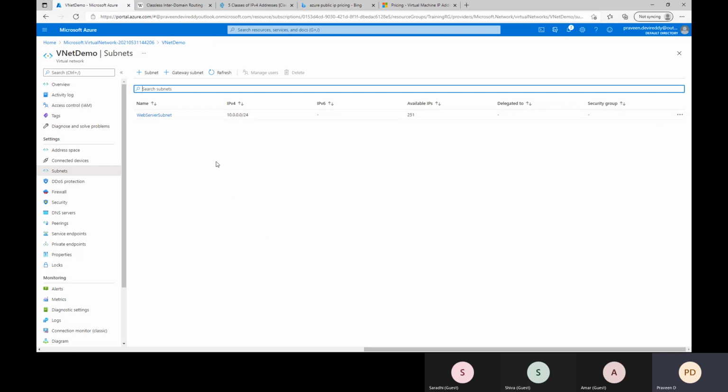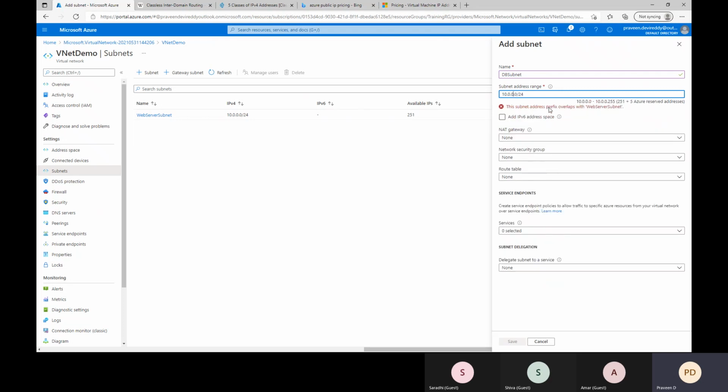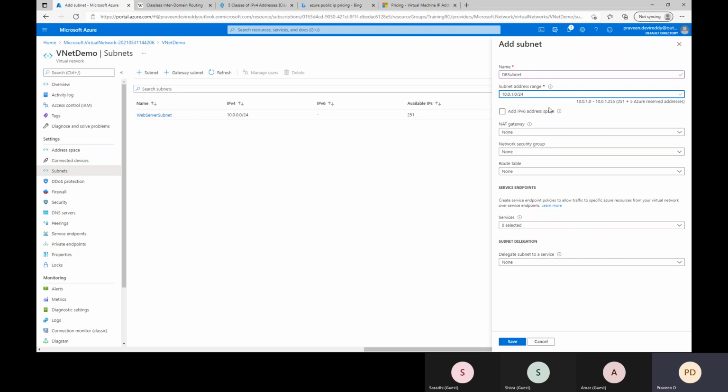Now I will create one more subnet for the database. DB subnet. See, now Microsoft has by default selected 1.0. If I put 0 here, it will display that 0.0 is already taken, so 1.0 is available.